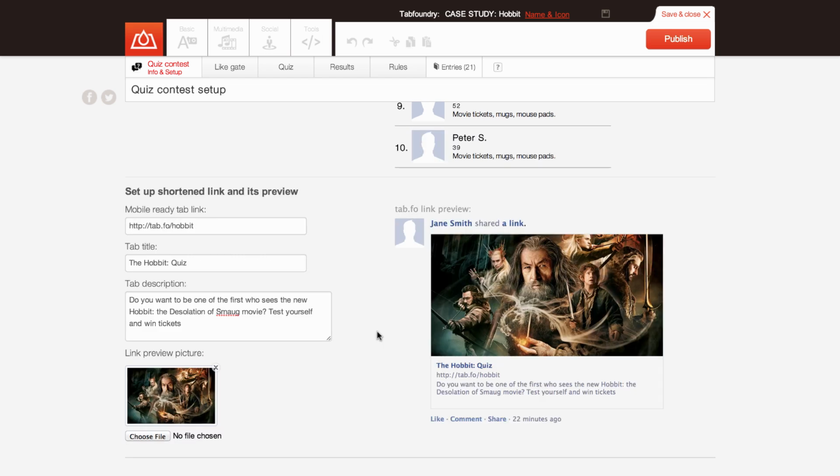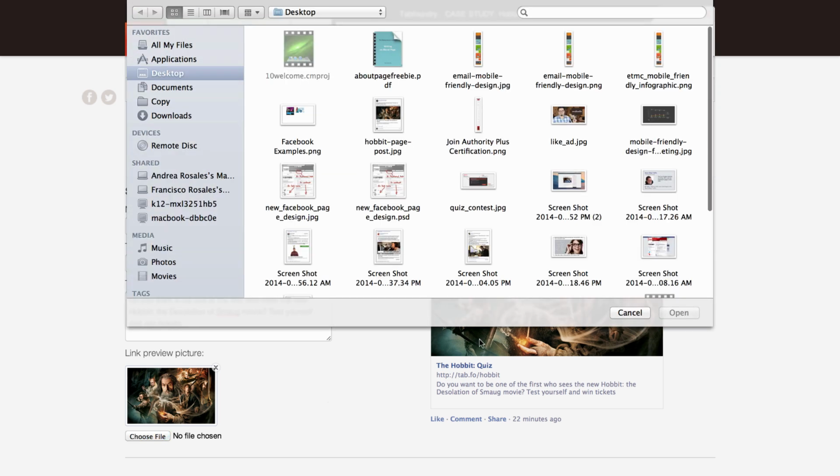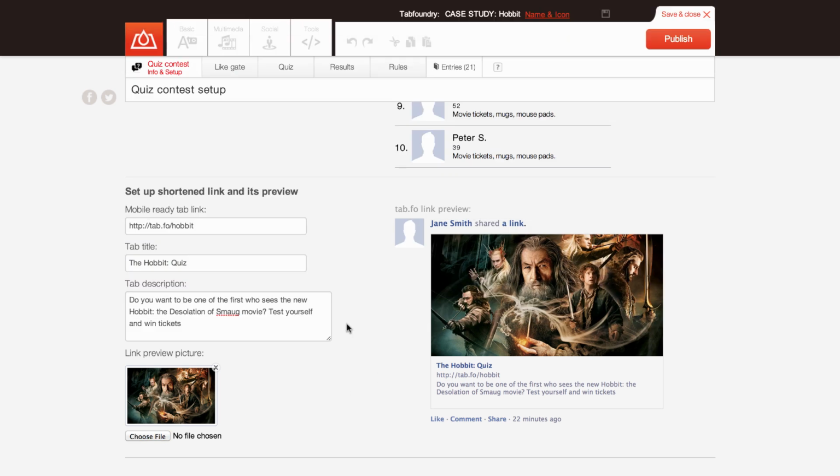So basically, we're giving you the option to upload your own image here. You can click on choose file and just pull any image you have on your computer. As you can see here, we uploaded this one. You can customize the description, which is the one you see here. And most importantly is this custom link right here,